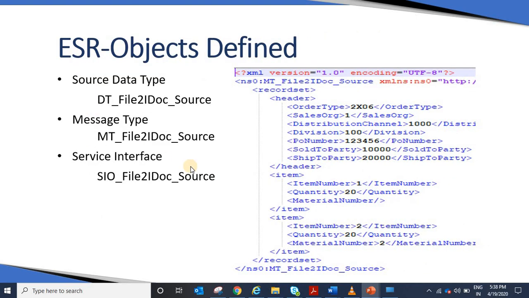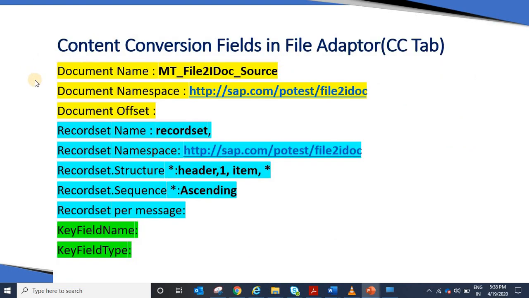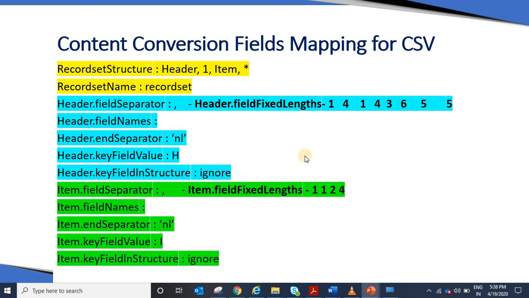Coming to content conversion in the file adapter, the header type has no changes; we are going to use the same thing from the previous scenario. The only changes are at the item level. Earlier we used header dot field separator, which was a comma.